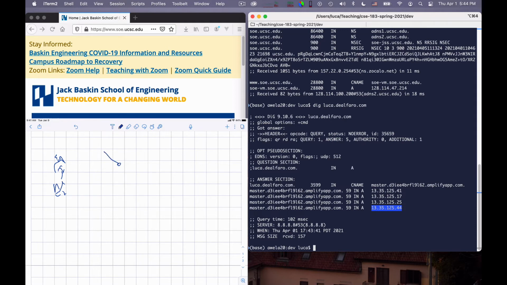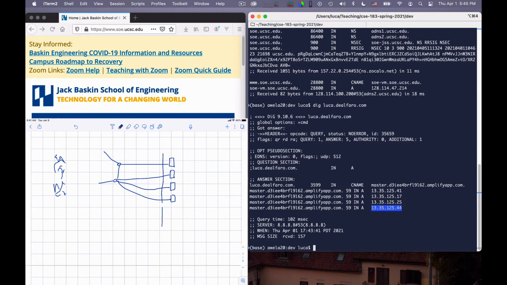But then there is the whole internet connected, and Amazon has apparently 4 front-end servers or IP addresses to which these requests can go. And so there are requests that can go here, can go here, or can go here, or can go there.